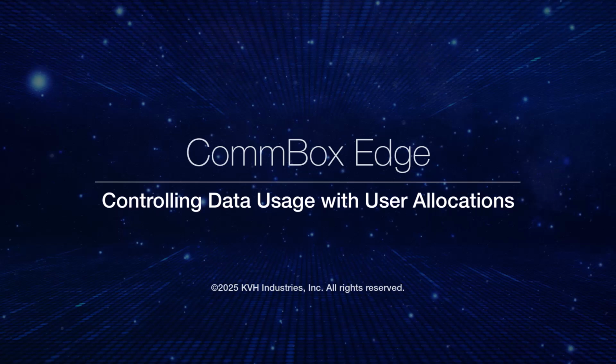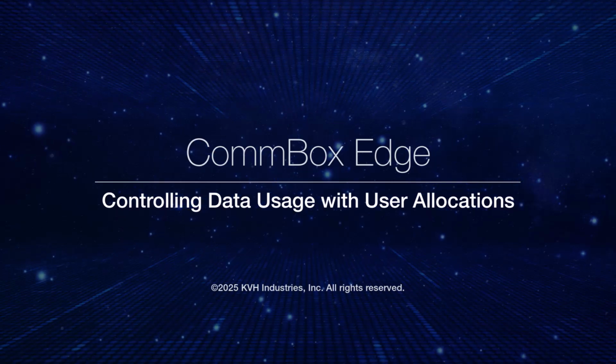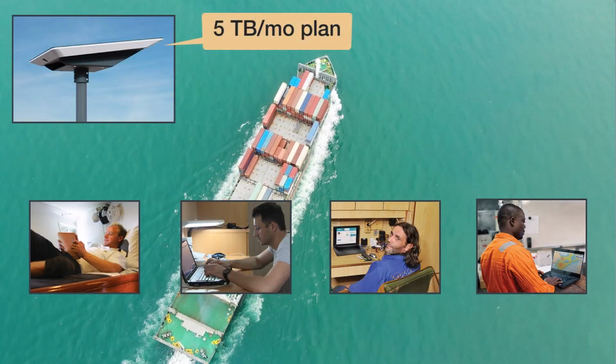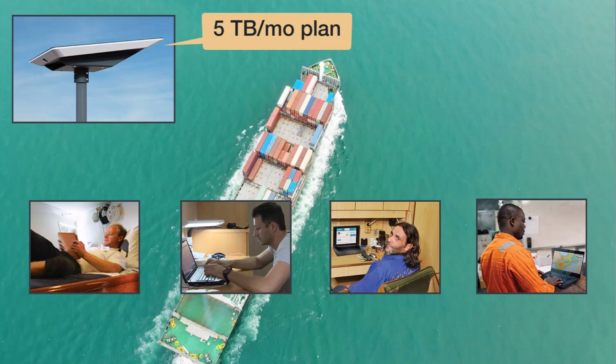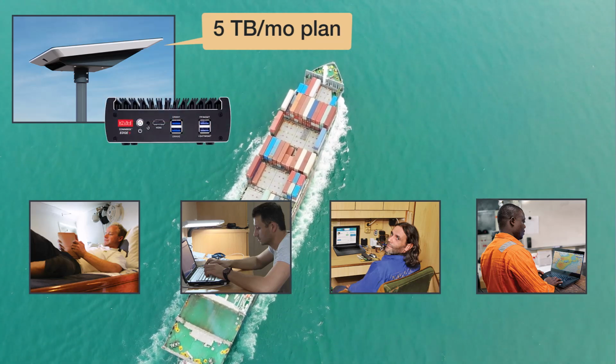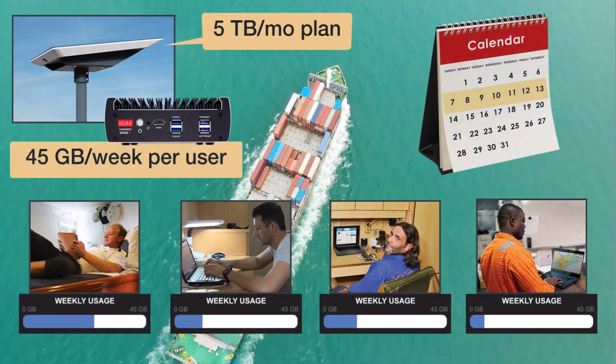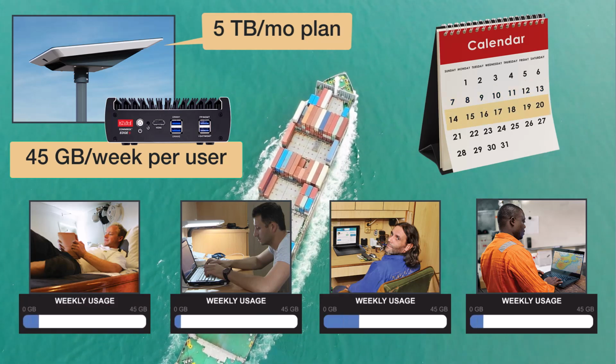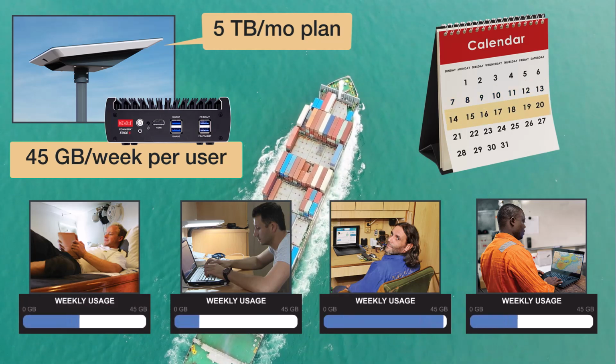This video shows you how to set up a crew network that enforces data limits for each user. In our example, the vessel's crew uses a Starlink subscribed to a 5 TB monthly plan. Therefore, we will configure the CommBox Edge to allocate a weekly quota of Starlink data usage to each crew member. Once they have depleted their allotted data, they will need to wait for the start of the next weekly period